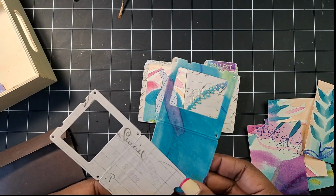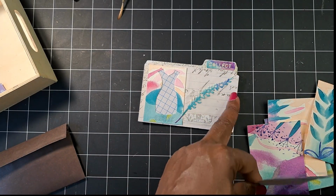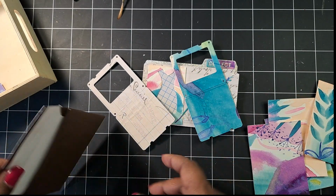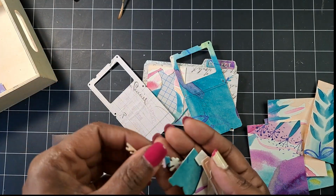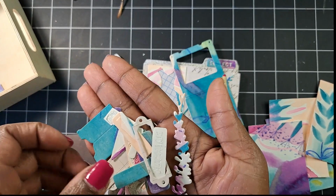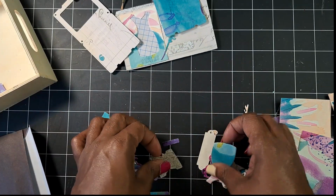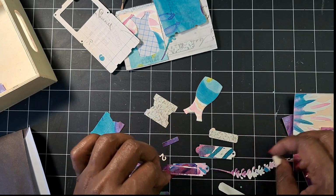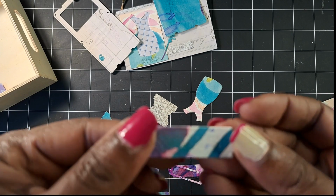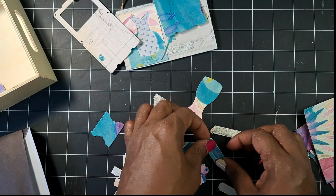Then we've got some specimen cards cut out of this cardstock. And then I've got some additional little pieces that the recipient can use in their crafting. So we've got book plates, cover. I've got one where I cut the word specimen into it. Some